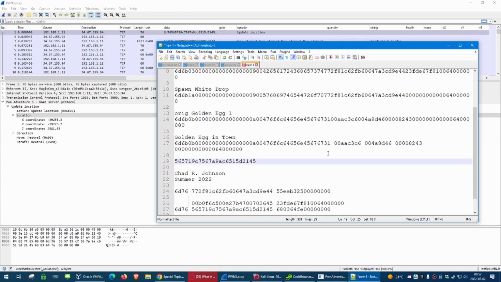And I'm going to paste that. So there is our 1, 2, 3, 4, 5, 6, 7, 8, 1, 2, 3, 4, 5, 6, 7, 8, and 1, 2, 3, 4, 5, 6, 7, 8. That's our X, Y, and Z coordinates for being in town. So I'm going to cut and paste and cut and paste. All right, so now if I reassemble this and get spaces, we now have a packet that it will instruct the